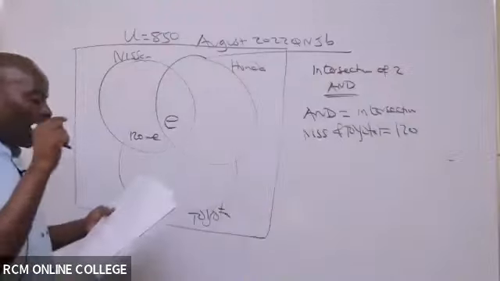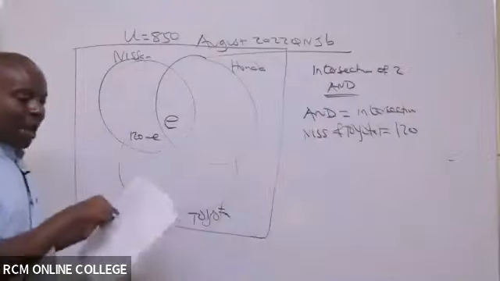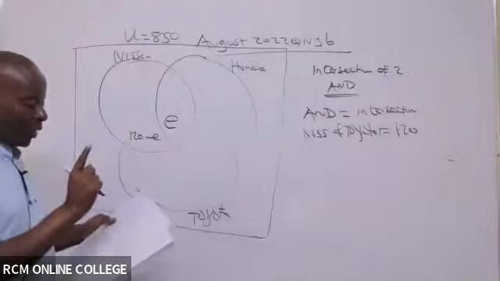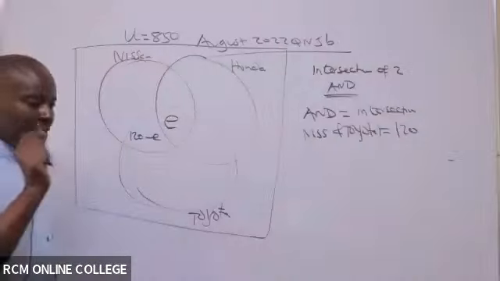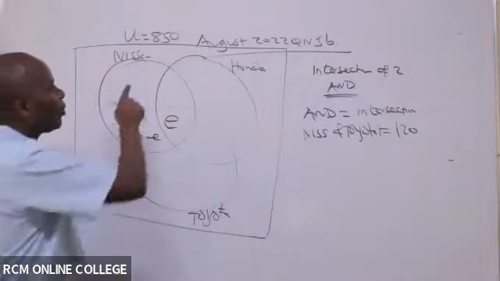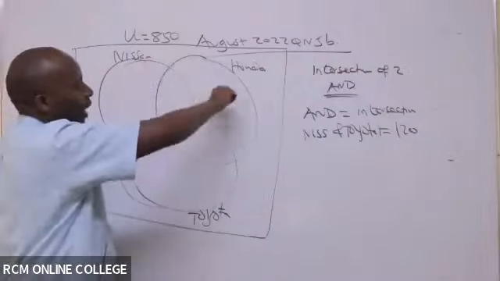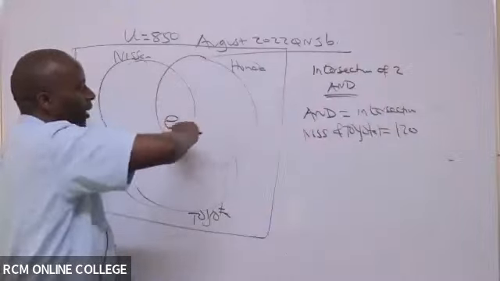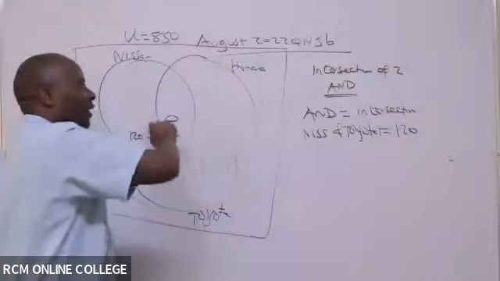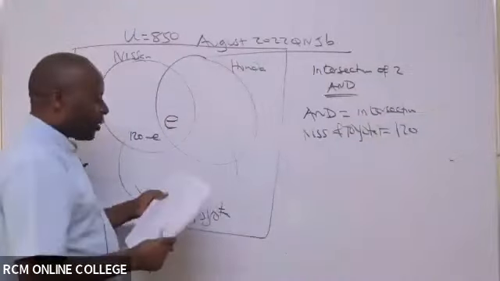Now we look for another and. If you count from down, 3 up, 56 residents owned both Nissan and Honda. So we have here Nissan and Honda. So where is the intersection? This is the intersection here. If the whole of this is the intersection, and they have mentioned the figure 56,